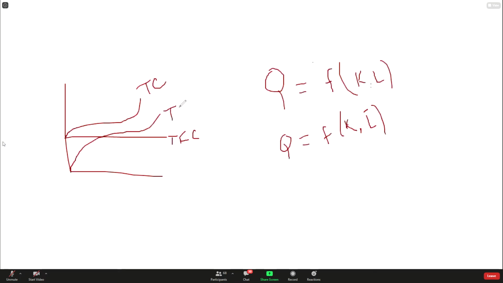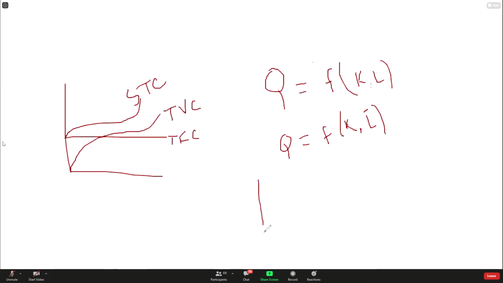Obviously, short run. How can you determine this short run production function and long run production function? Because one term is constant. Sir, we know that in short run some factor is fixed, and in a long run, none is fixed. Right. Look, in this diagram, some concept is fixed, some concept is variable. So total cost is the summation of fixed part and variable part. So obviously it is a concept of short run. Clear or not?